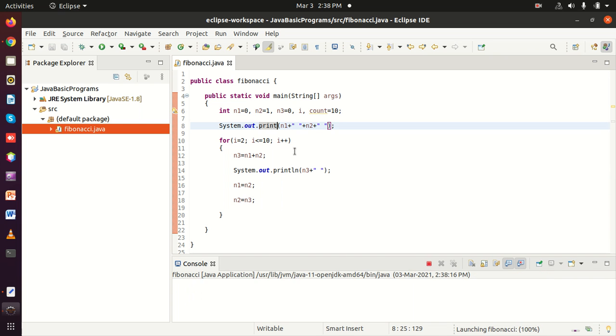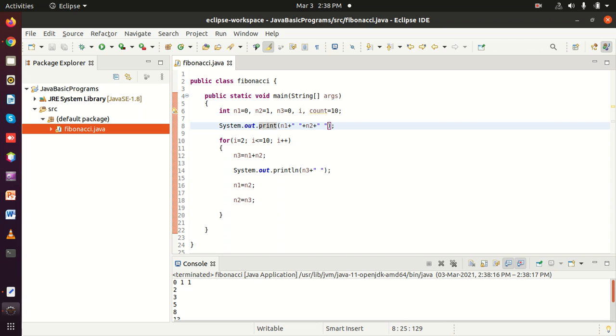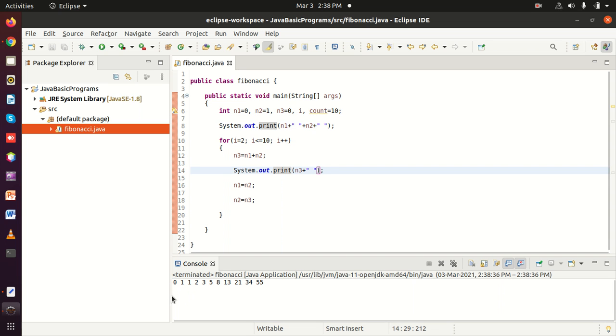Now we can see 0 1 1 2 3 5 8 13 21 34 and 55. This is the Fibonacci series. Thank you.